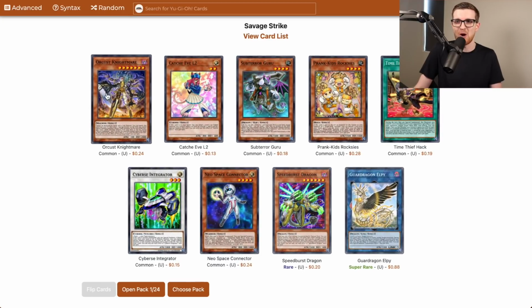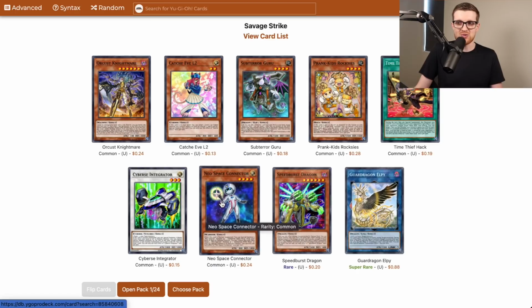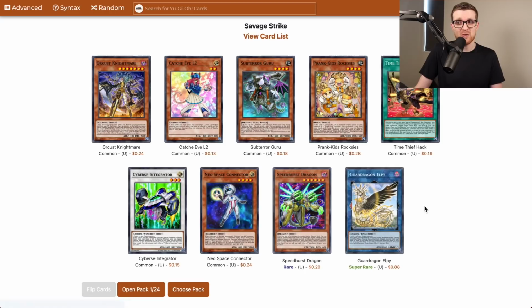First pack, there we go, baby. 1 Orcus Nightmare. Subterra Guru is actually a bit terrifying because I think Gage actually has a decent Guru core, so something I need to keep in mind for this episode. Neo Space Connector is good, and actually the star of the pack, Guard Dragon LP in pack number 1. Crusadia Guard Dragon may actually be on the table if we can maybe pull an Aggerpain and a Pisty as